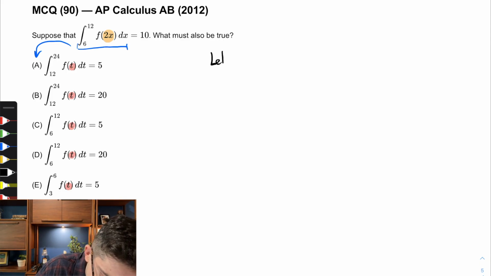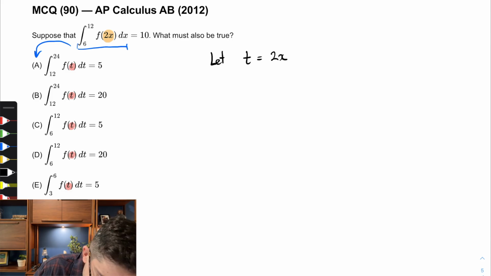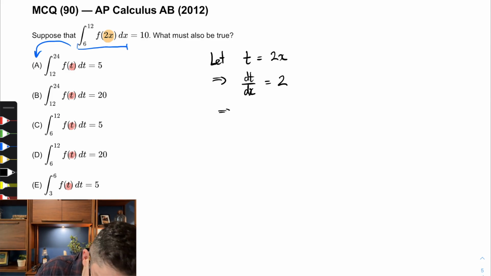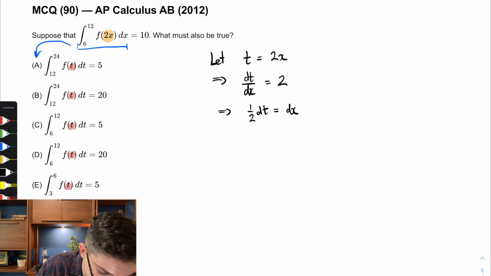So let's say that we're going to let t equal 2x. Like any other substitution problem, I'll take the derivative of both sides. I just get 2 on the right-hand side. And now I'm going to tidy this up. And in particular, I'm going to say that 1/2 dt is equal to dx, because you can see in this